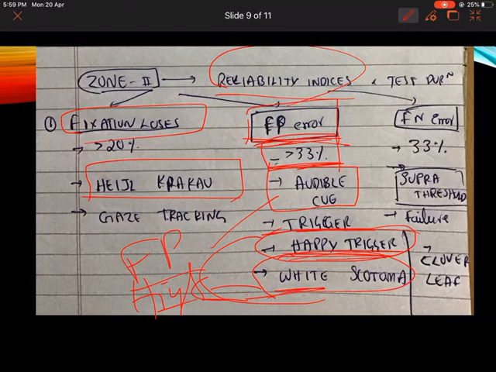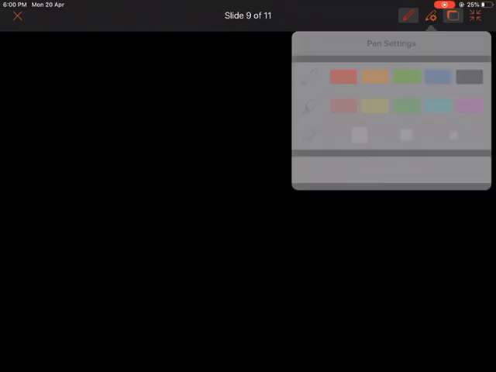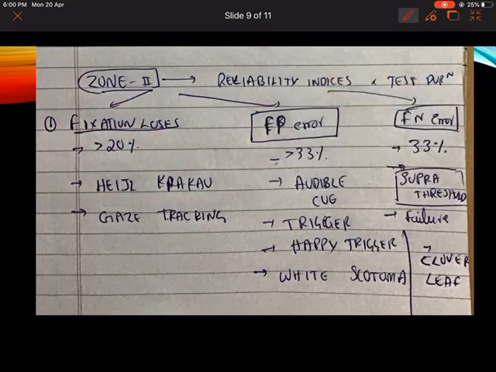Okay. Now coming to false negative error. False negative error is when a patient's threshold has been detected for particular points. Now a supra threshold light is given. For example, X dB is the threshold of some point in the visual field. A supra threshold intensity, slightly more than the threshold, is given. Now the patient should detect.